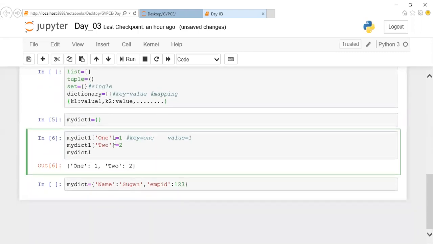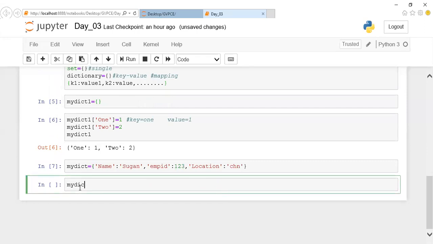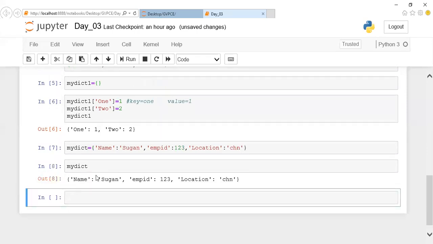And moreover, if you want to initialize multiple values directly, instead of inserting one by one, I can initialize directly during declaration. In those cases, you can give it like this: my dictionary assign first key value pair and comma separator followed by the next key value pair. You can give multiple values. There is no rule that you should have only this many values. You can have any number of values, but make sure that whatever data you are giving is given inside a key value pair like this. So now if I call my dict, you can notice that this dictionary value will be initialized.